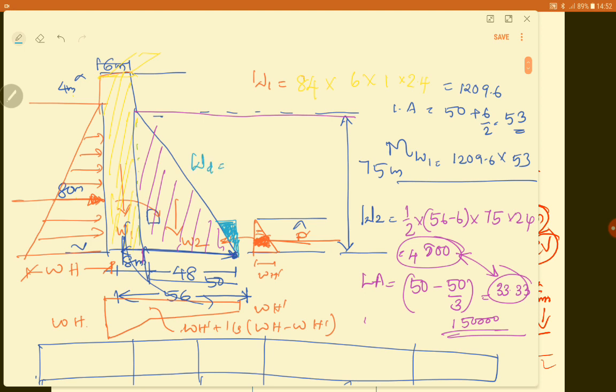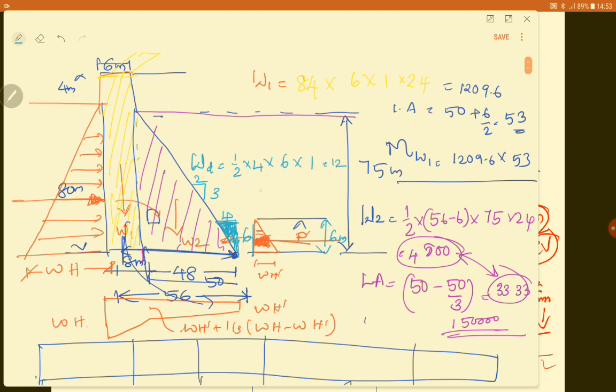Okay, so what is the weight of this water? You can consider the area of this triangle, half into base. This value you don't know, but they have given us the slope as 2/3, right? So this is 6. We have already found the tailwater height as 6 meters. So what will be this value? 2/3 means this will be 4, right? So the area is equal to half into 4 into 6 into 1, that is equal to 12.